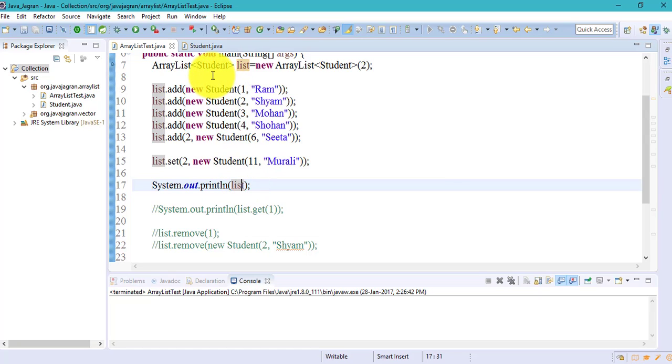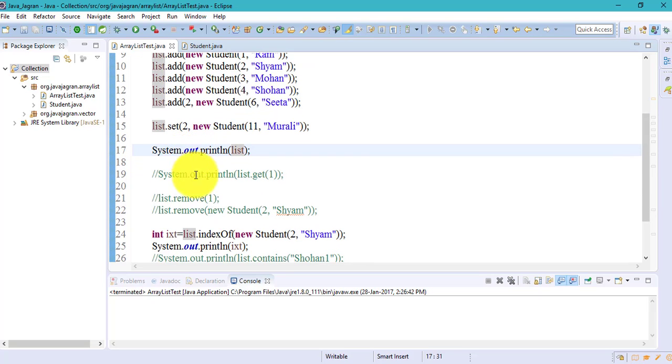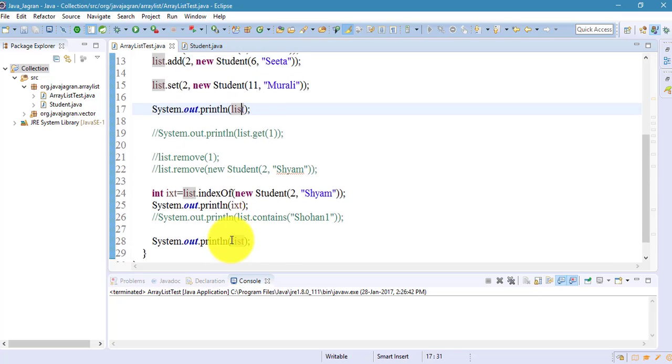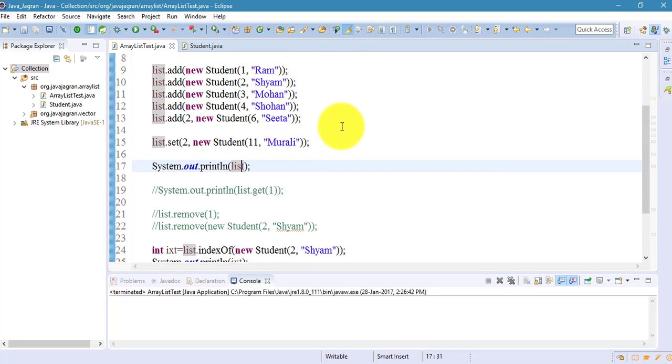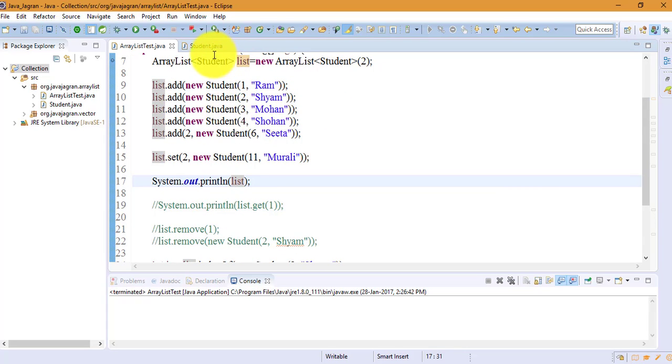For that, I can suggest two things. If you want to work in a better way, because here is the set, and next when you come to remove and indexOf methods, the required thing is that your class, whatever you are going to add into the array list, must have two things.